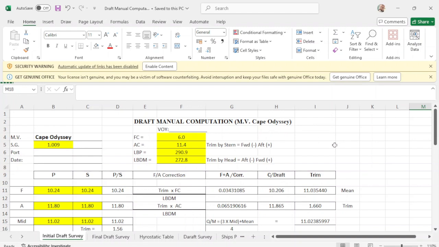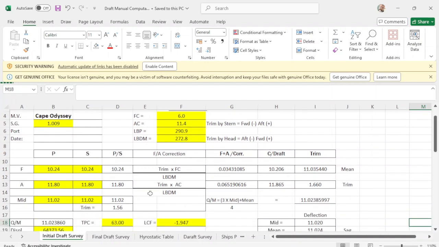This is a Capesize vessel, and with the drop survey, you need to have this information of your vessel: forward correction, up correction, LBP, LBDM. You need all this information for your drop survey, and of course the initial density of your local port. Okay, now